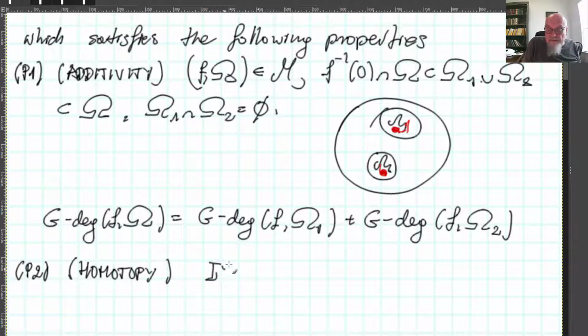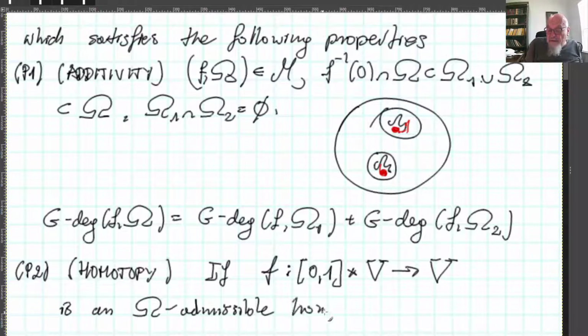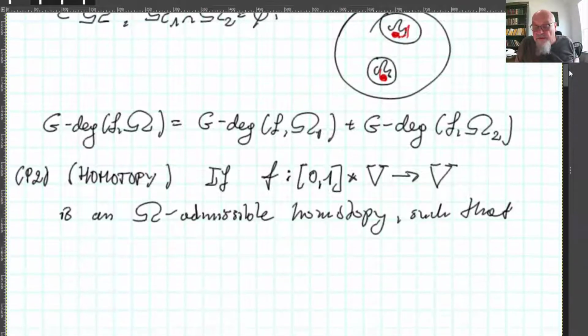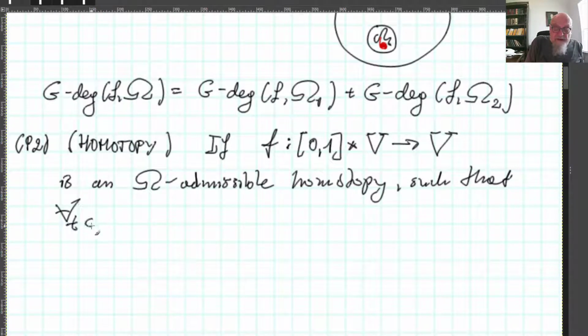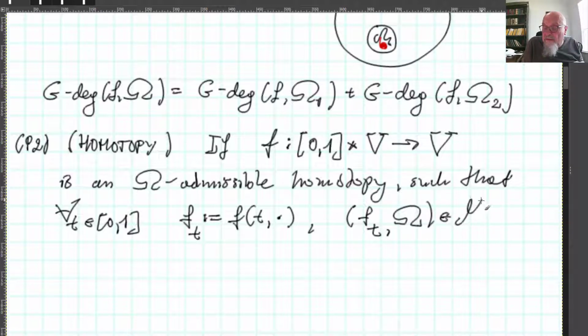And simply, if I put it like this, F, which is defined from [0,1] times V to V, is an omega-admissible homotopy, such that it means continuous, definitely, such that for every t belonging to [0,1], if I write f of t in the bottom by the definition, this is f_t, and we have here that f_t and omega belongs to the M_G,